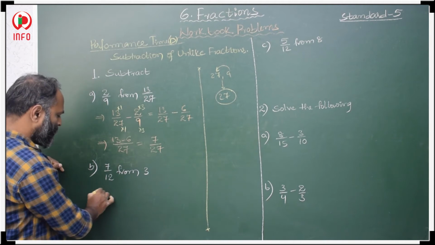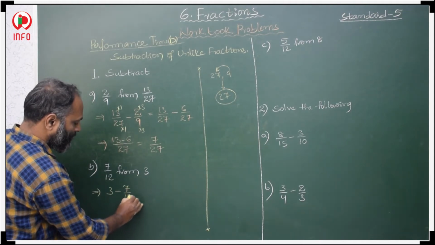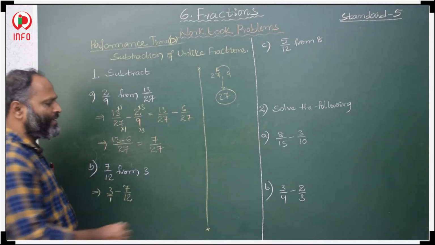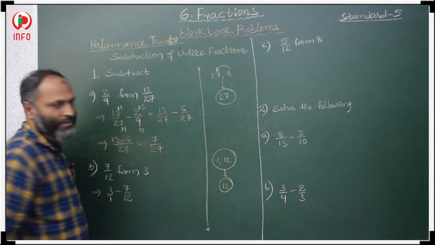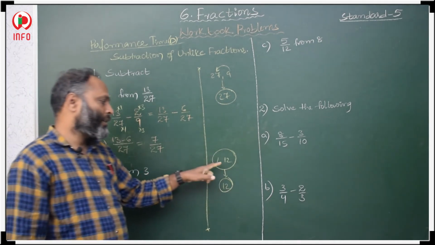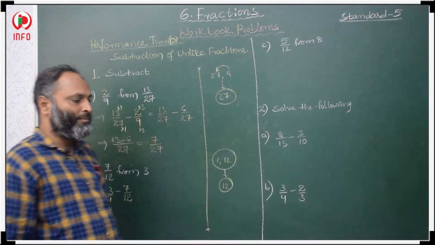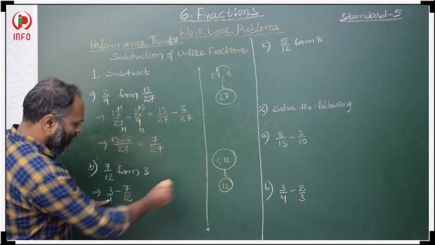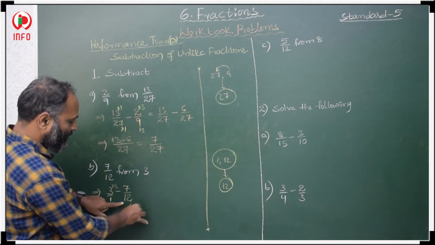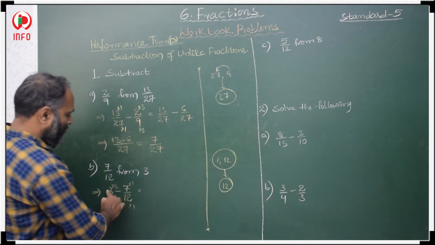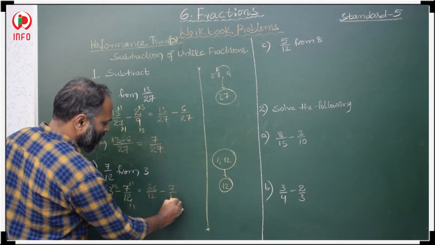Here, from means from the number we have to take first. From the number 3 minus 7 by 12. 3 by 1. The LCM of 1 and 12 is 12. Whenever 1 comes with one more number, whatever the second number is, that is the LCM. In the 1 table, when will you get 12? 1 12s are 12. In the 12 table, when will you get 12? 1s are. Then 3 12s are 36 by 1 12s are 12, minus 7 1s are 7, 12 1s are 12.